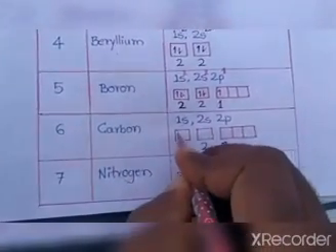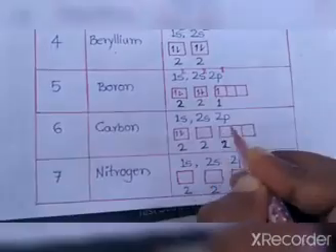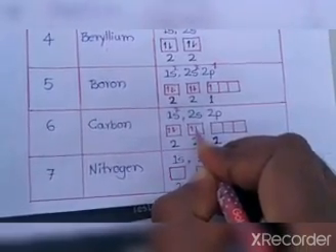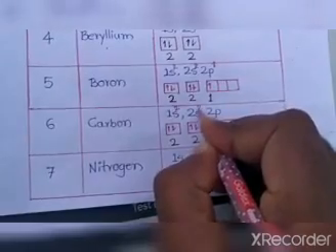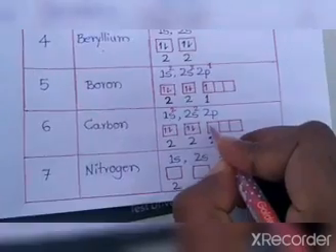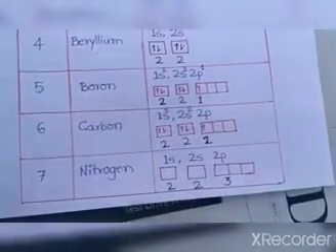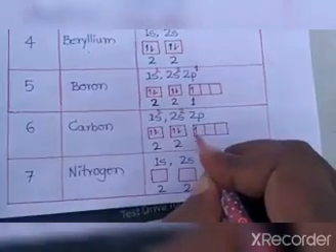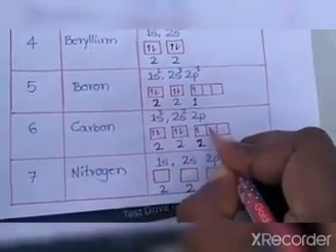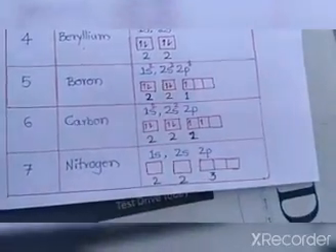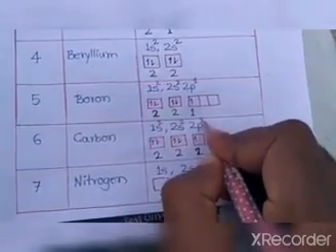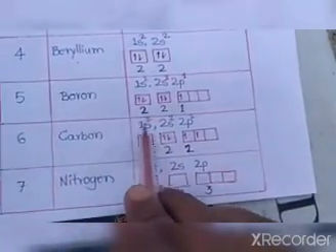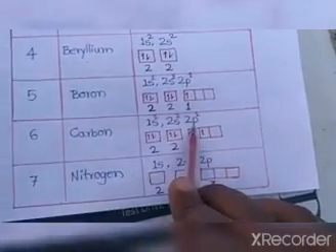Here, the first electron will fill the 1s, the second also fills in 1s, then it is 1s2. Then the third electron fills the 2s, the fourth is also 2s, then it is 2s2. Then the fifth is occupied here. Then the sixth, don't write in this orbital. According to Hund's rule, first it is singly occupied, so the sixth goes right here. Don't write here, write here. Then it is 2p2. The atomic number of carbon is 6, the number of electrons is 6, and its electronic configuration is 1s2, 2s2 and 2p2.